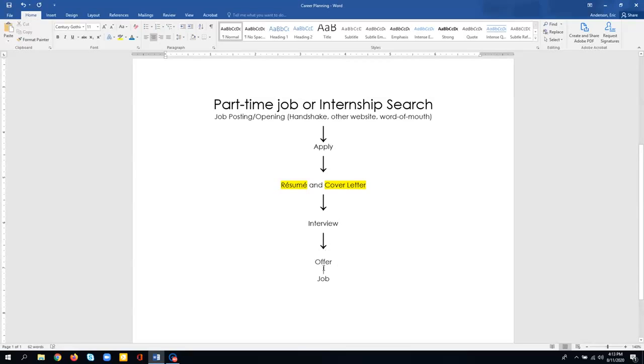So they offer you the position, hopefully, and then sometimes there's salary negotiation if it's a full-time job, and then that is what leads finally to the job. So the interviewing is another piece that we'll be covering in class. So these are the three components, and this is where they fit into the framework of a part-time job or